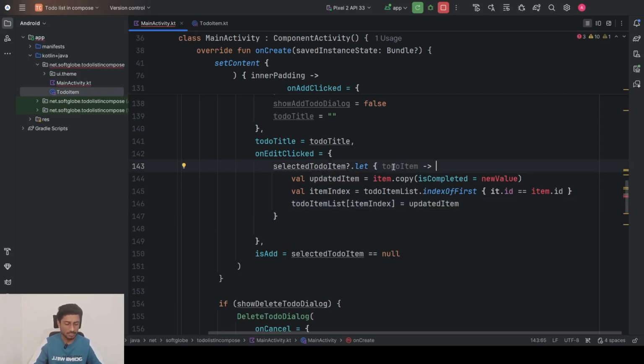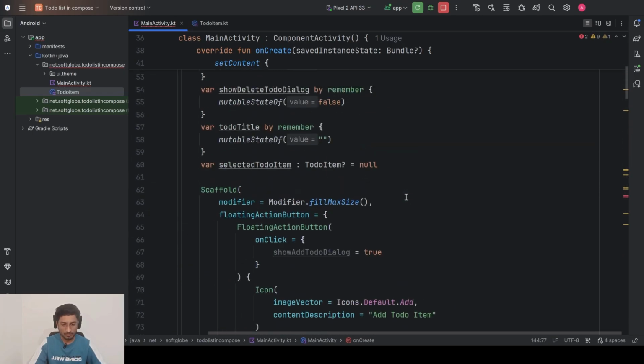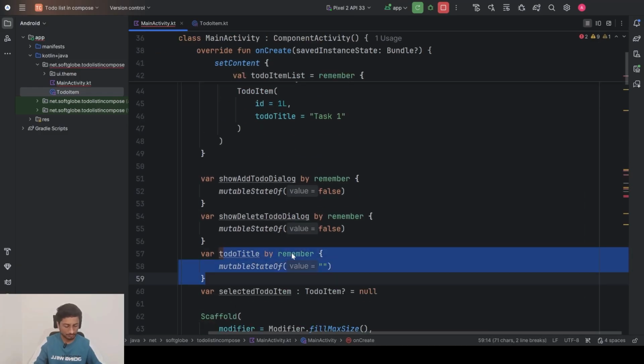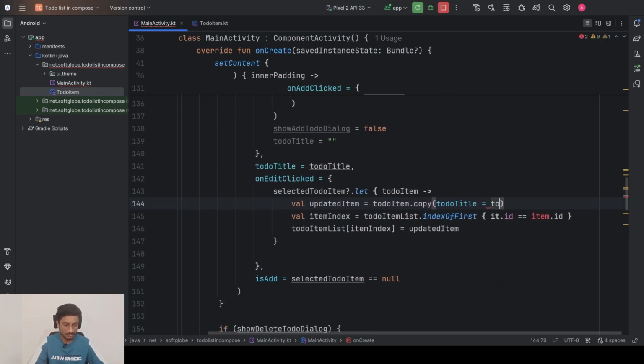It will get this value as a to do item. So to do item dot copy, I don't want this is completed. Now I want to edit, I want to create a copy, but what value I want to change, that is a title. This is a to do title. To do title equal to, and we already have a global variable, that is a global state, that is a to do title. So I set it as a to do